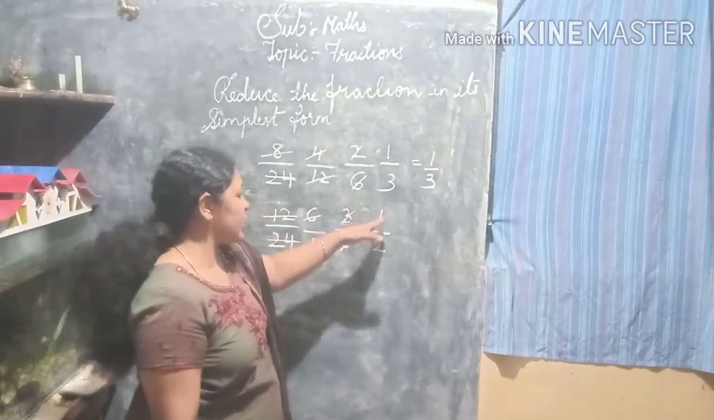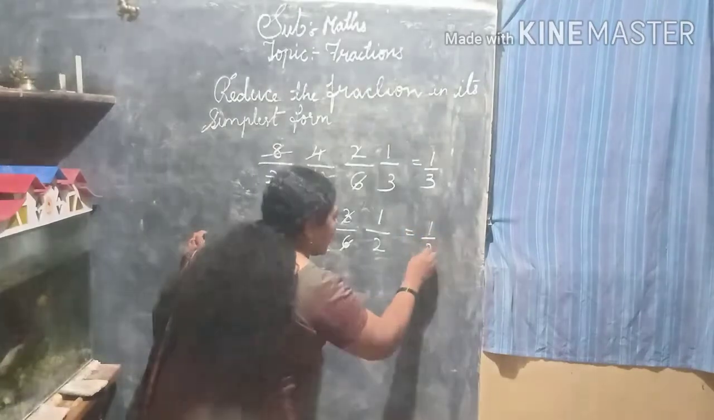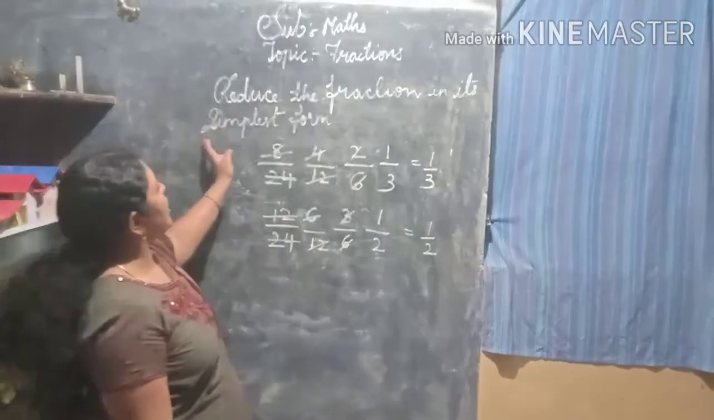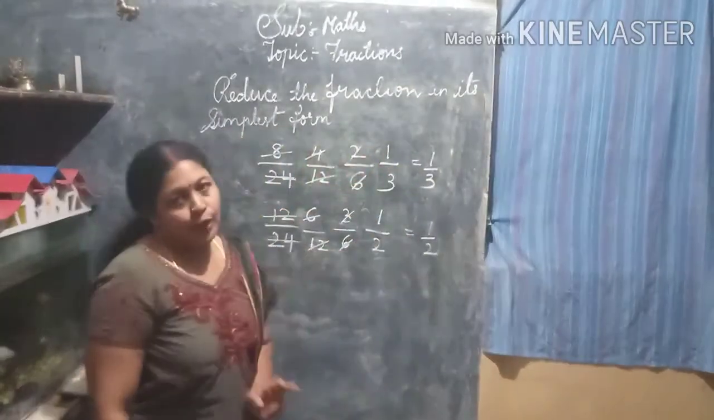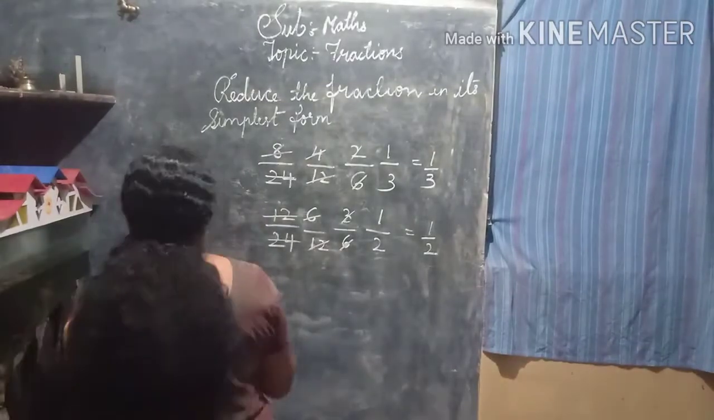Is there any table that will divide 1 by 2? No. So we will determine it as 1 by 2. This is nothing but what we call reducing into the simplest form. Okay. If I give you one more example as